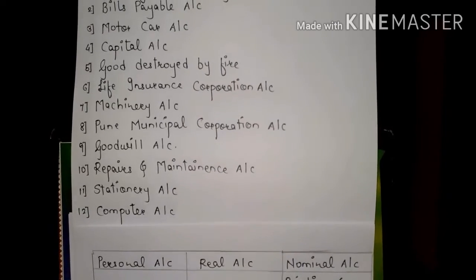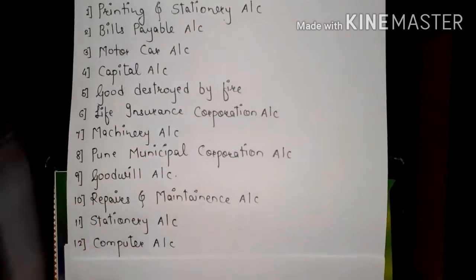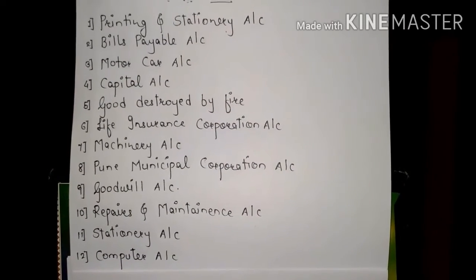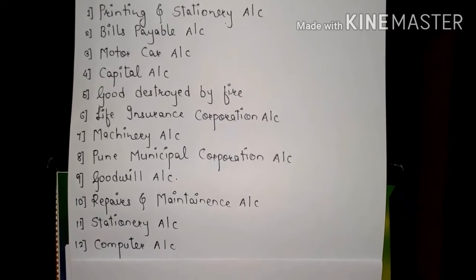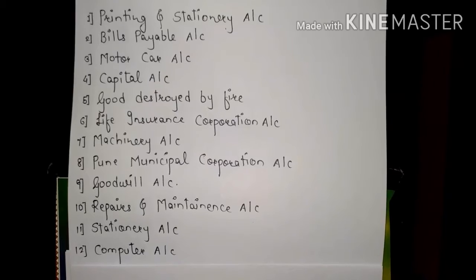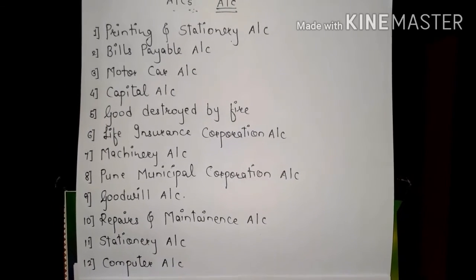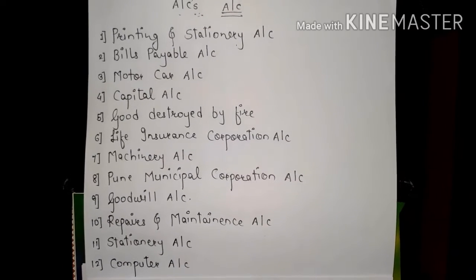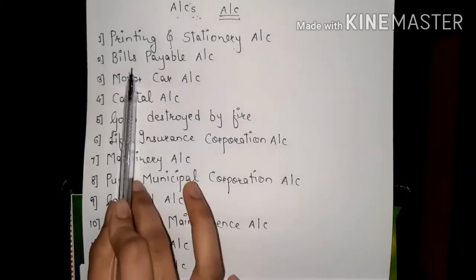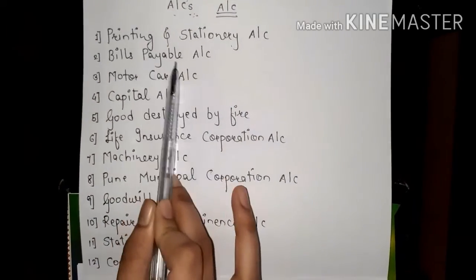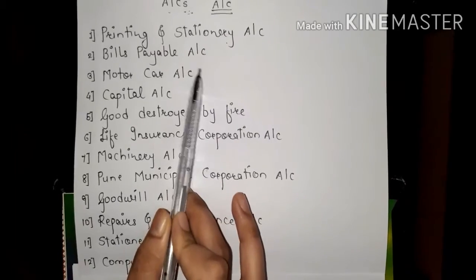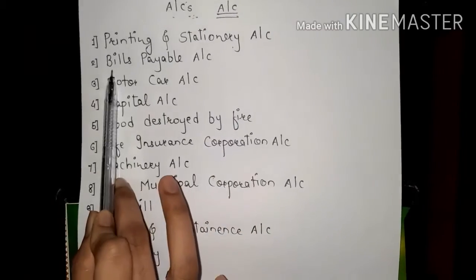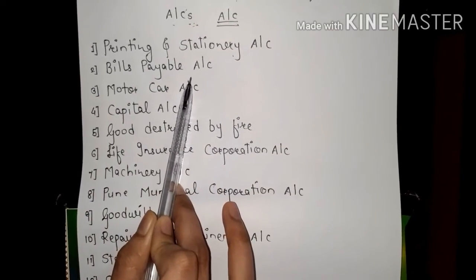Okay. Now the next example, bills payable. Now we are owning a company. Bills payable means if we have purchased any goods or services on credit basis, then at some time we will have to pay that bill. We will have to make payment for the product which we have taken on credit. That is called the bills payable account. It means payment for goods or services that we, or a company, have taken on credit basis.